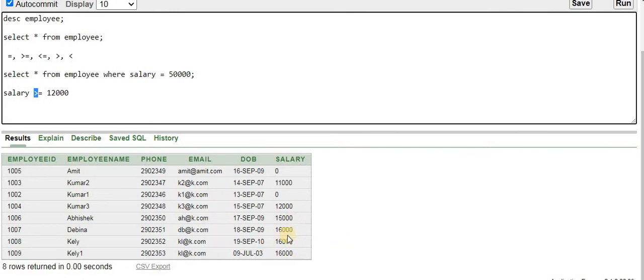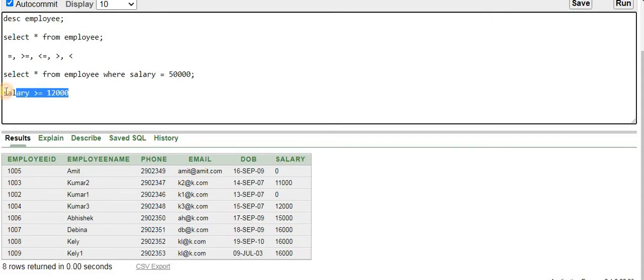Now if this condition is satisfied, then it will go to the equal to condition, right? And it will verify how many records are available whose salary is equal to 12,000. So it will find one record. So our expectation is, from the database table, how many records does it have to return? 4 records it already validated have salary greater than 12,000. Another one record it will find whose salary is equal to 12,000. So total 5 rows have to be returned from the database table.